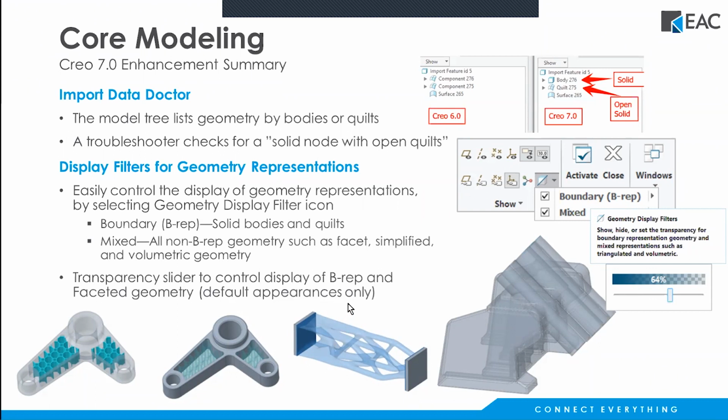And really the only 2 things I can think of that fall in that mixed area would be maybe the lattice that you would create if you're going to create a part that you're going to send to a 3D printer. And then the other one would be an STL file, right? Something like that, a tessellated file. So those would really be the 2 instances. Something that I noticed that was impervious to either one of these were curves. If I had a sketch that was sitting out there or I had a datum curve, neither one of these affect that. It would still be fully displayed. But anyway,